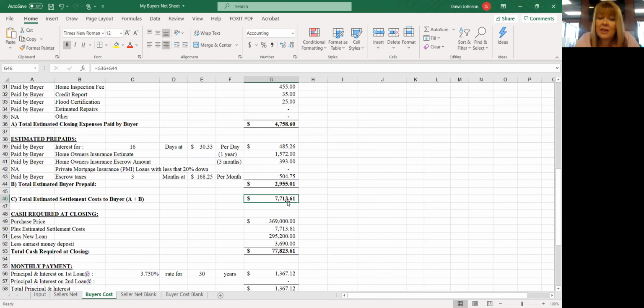Now, if they say that they've only got $5,000 total, then we have a problem, because this is a loan that's showing that they're going to come out of pocket about $75,000. So just keep that in mind,